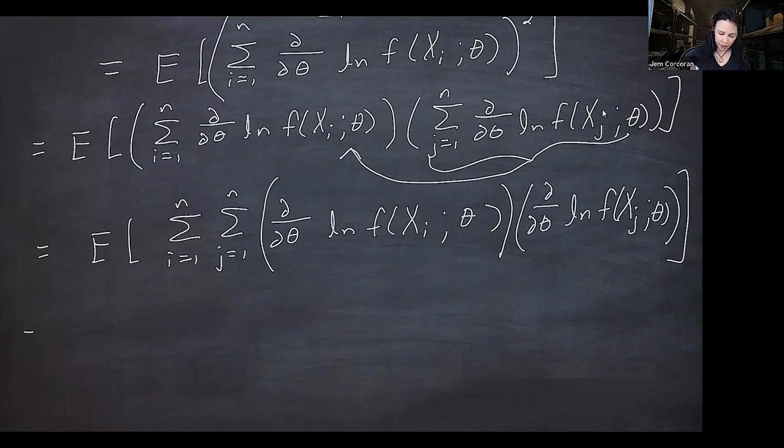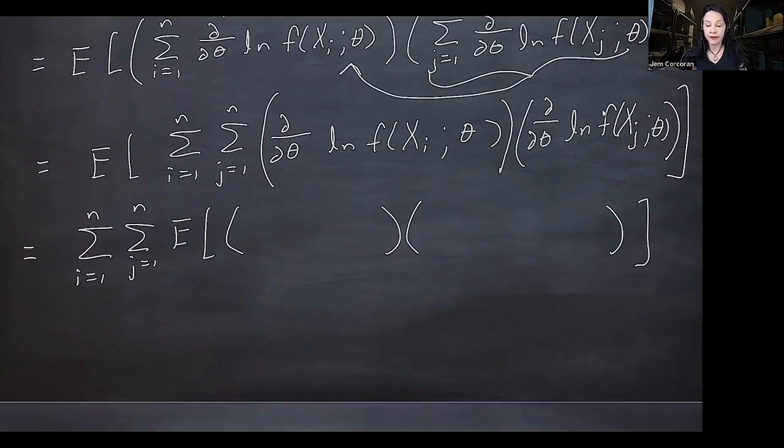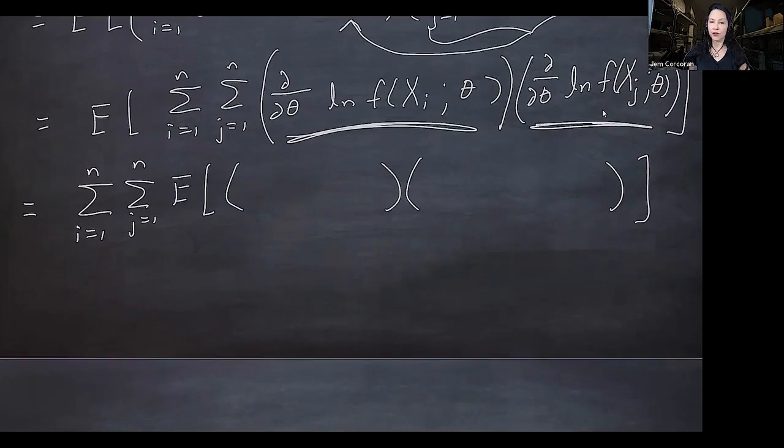But now I'm going to pull the sums out. i goes from 1 to n, j goes from 1 to n, expected value of that product. So the first of the two terms here is just a function of xi, and the second is a function of xj. And so whenever i is not j, and that's a whole lot of terms here,